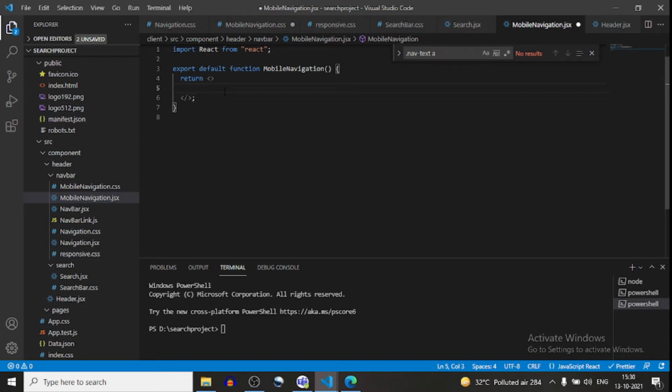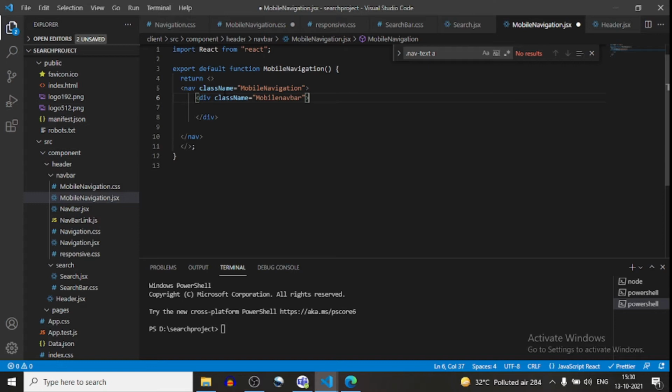In the return I will create a nav. This nav has a class name, and that will be mobile navigation. Again this nav has a div, and that div has class name equal to mobile navbar.